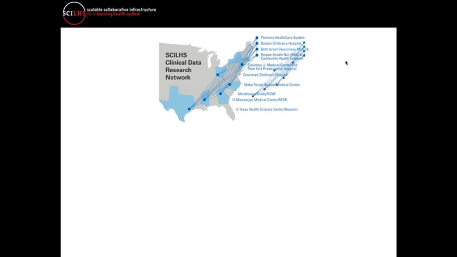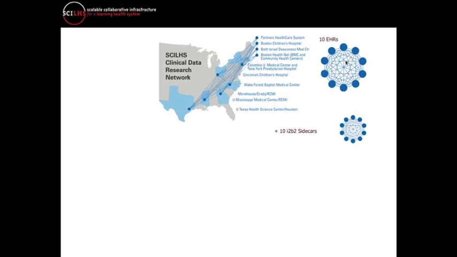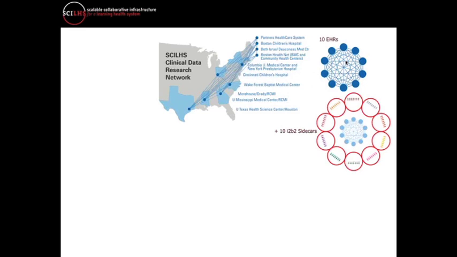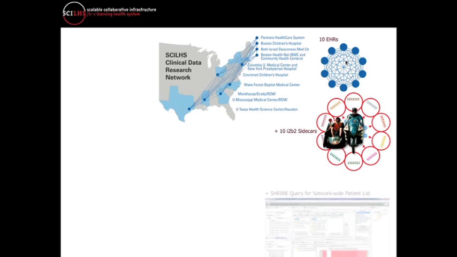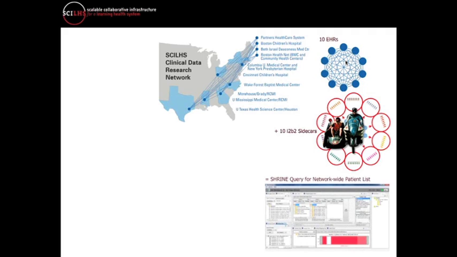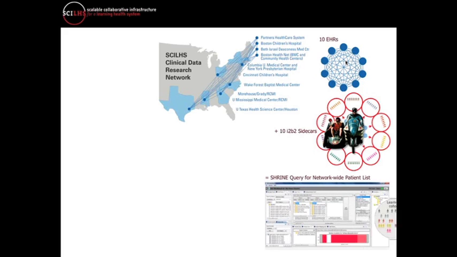SMART apps is actually a big piece of what we're doing, but we're taking those 10 electronic medical records and we're creating these sidecars using our analytic platform, I2B2, where the data are pulled out of the electronic medical record to where we can use the data in a manner that actually works for us. So it's a sidecar strategy. Then we actually can run queries across the data in all of these systems to identify patients of interest. For example, patients with a rare genetic disease.